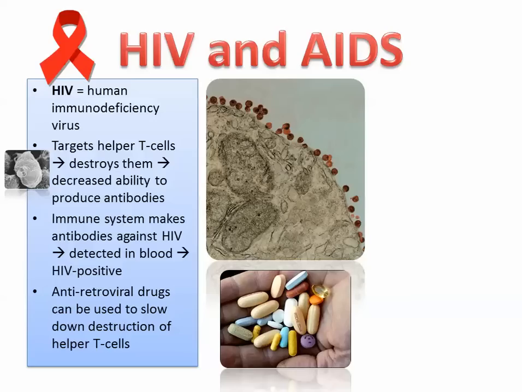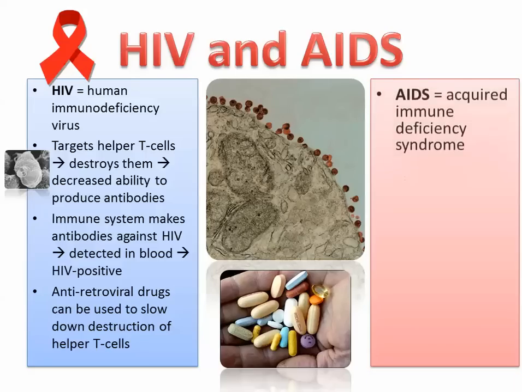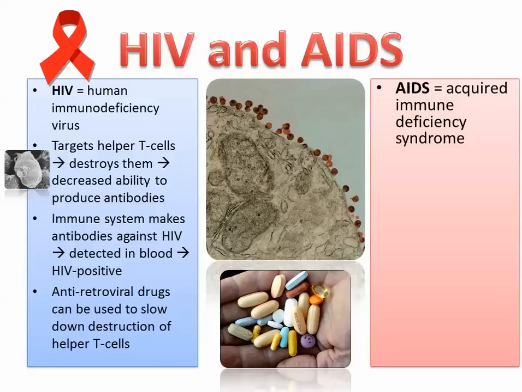The antiretroviral drugs can be used to slow down the destruction of the helper T cells, and you want to try to keep yourself as healthy as possible. Just because someone is HIV positive doesn't mean that they have AIDS. So HIV/AIDS is described as a disease plus syndrome. If it becomes very advanced and your helper T cells are at a very low level and you have become sick with other diseases as a result of being infected with HIV, then we would say you have